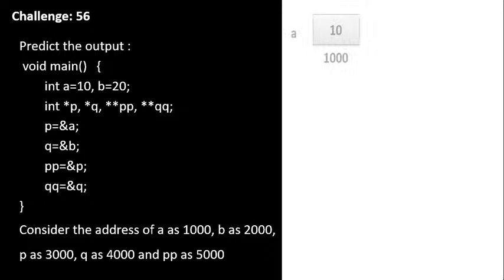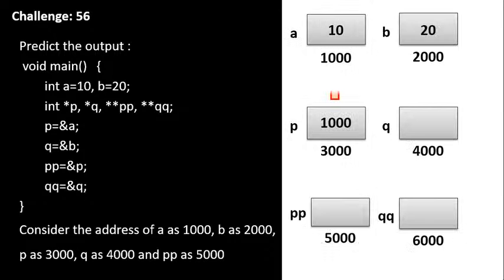Right, so now just for your understanding, let's say the memory location of a, which holds 10, is 1000. Similarly the memory location of b is 2000. Similarly the memory location of p is 3000 and memory location of pp is 5000. Similarly memory location of q is 4000 and qq is 6000. Okay,